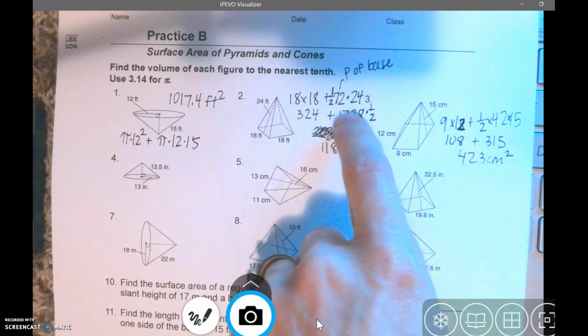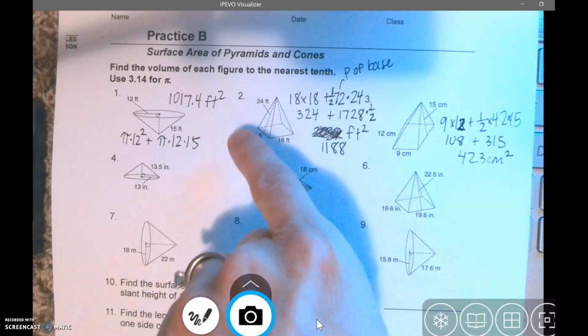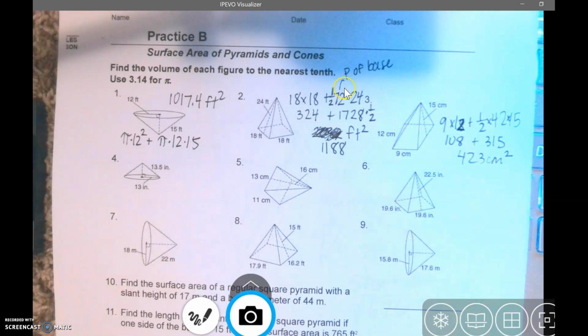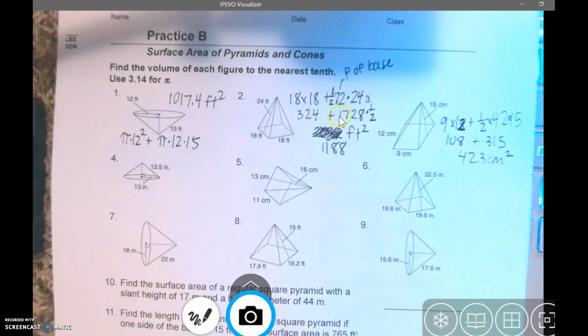That's 72. Okay, and then the slant height is 24. So you want to do this step by step. You don't want to just type it into your calculator left to right. Okay, and then for this part I did 1/2 times 72 times 24, and I got